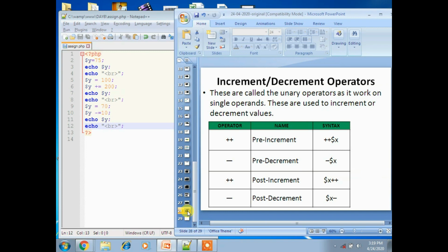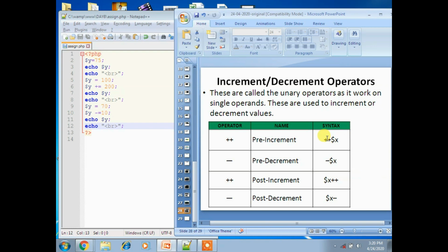First one pre-increment, second one pre-decrement, then post-increment and post-decrement. A pre-increment is a plus symbol in front of the variable, and a post-increment is a plus symbol after the variable.